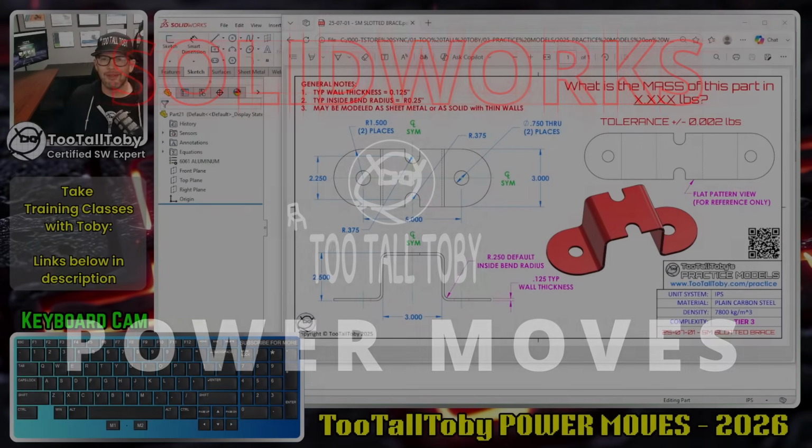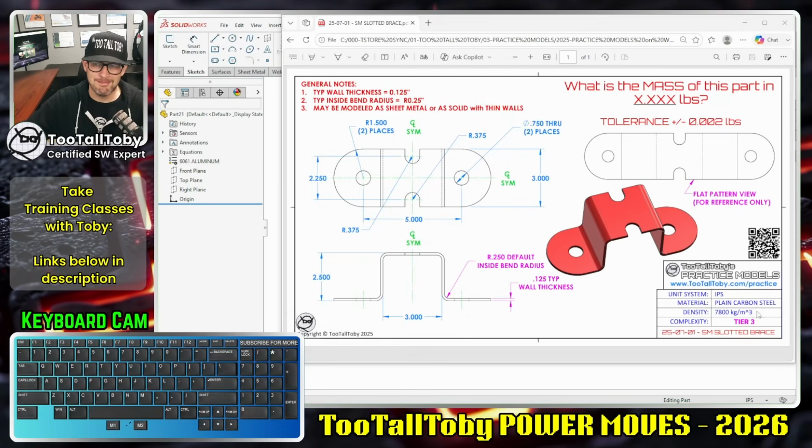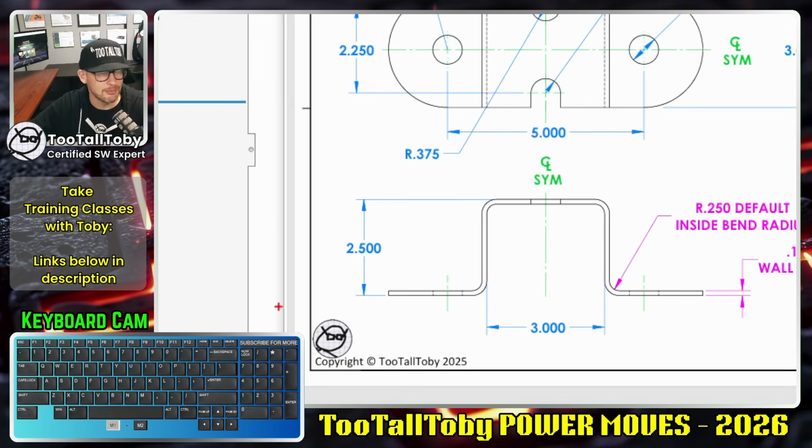So here we can see what looks like a pretty simple sheet metal design. We can see that we've got this dimensioned drawing that came from the customer, and what the customer is telling us is that they want the max height to be 2.5 inches. Now, this, although it looks simple, actually presents a very common problem in the world of sheet metal,